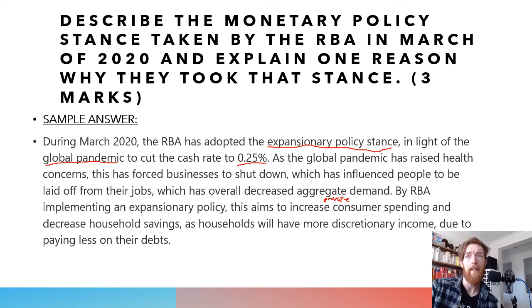The main things are those first 2 sentences, which are really key to why they took that stance. They're trying to limit the overall impacts on the domestic economic goals. They're trying to limit the effects of rising unemployment and decreasing economic growth by keeping the cash rate low, which it's looking like it's going to stay for the next 3-ish years at the very least. It's not even stimulating the economy at the moment, it's just like keeping the economy on life support. Because if the cash rate goes up at all, things will get very bad because businesses won't be able to cope, households won't be able to cope with their debt, etc.